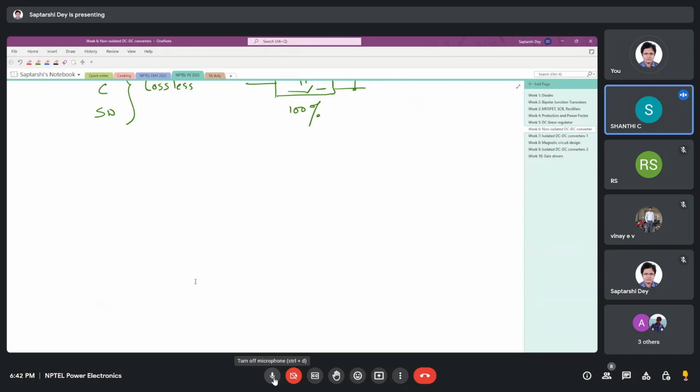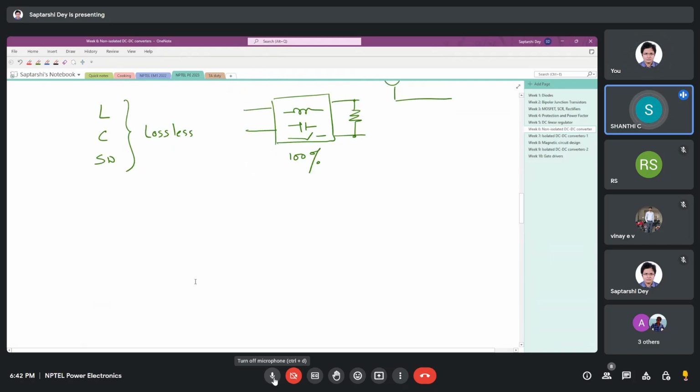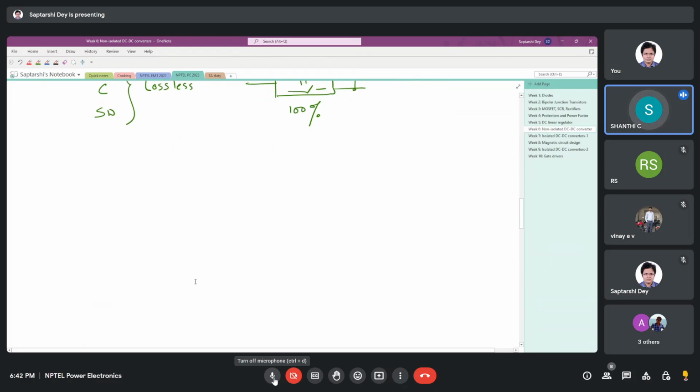Sir, could you explain the diode voltage in a buck converter? What is making the diode get forward biased when the switch is off? What is the voltage appearing across the diode which is making it turn on? Okay. So